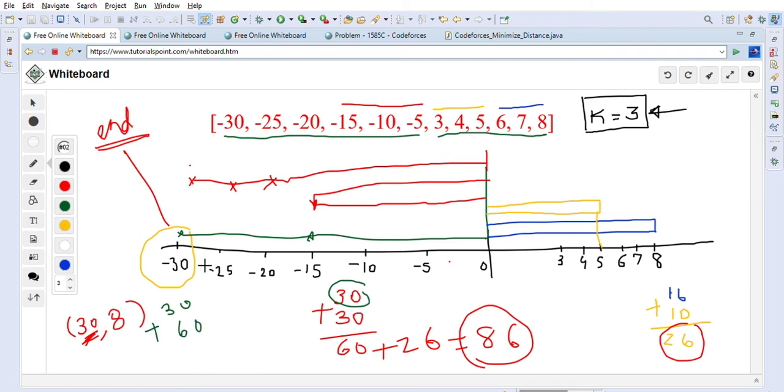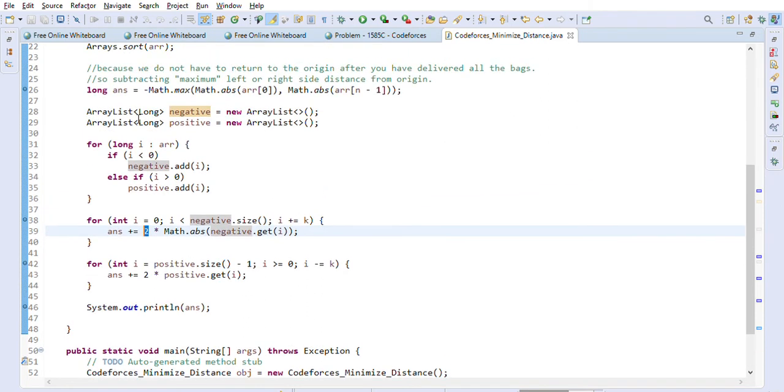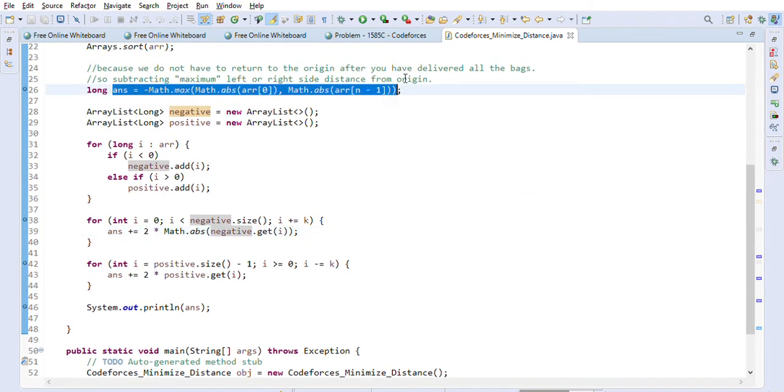And as I explained to you in the beginning, we are not going to walk back from this largest distance, so we are already subtracting 30 from here, so we will actually get the 60 only, correct? So where we are subtracting it, I'll show you one more time. So this is where we are subtracting it in the beginning only, right? So that is the approach.